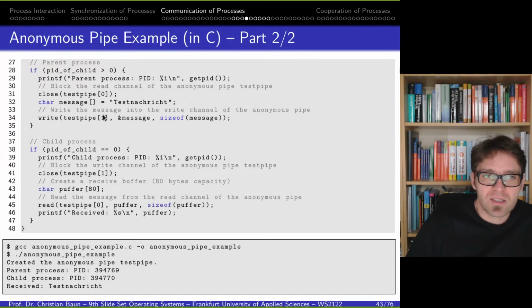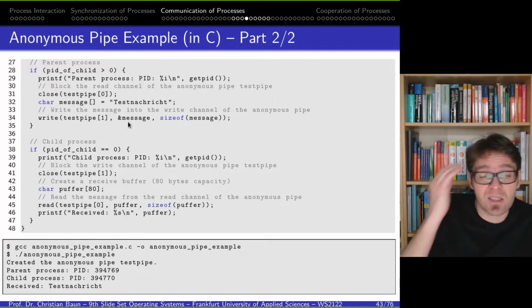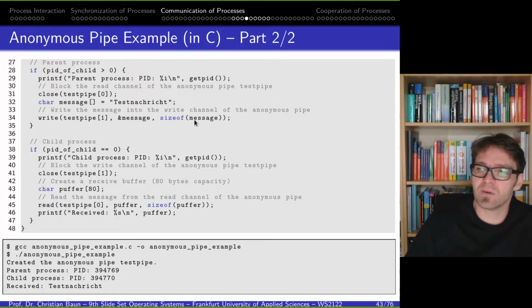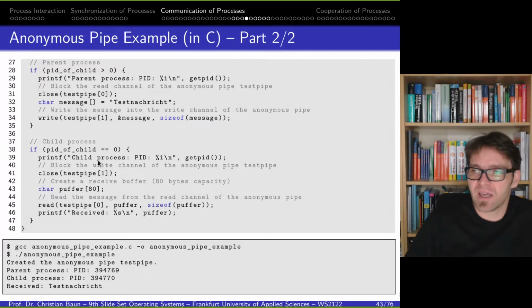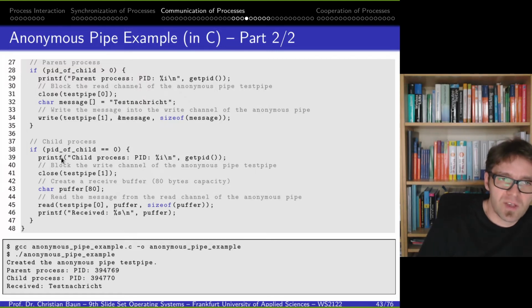So with write here we specify the write channel, we specify what we want to place inside here, a pointer to the message variable here, and we need to specify the length, and so we calculate it on the fly with sizeof. Here we have the child process between line 38 and 47. It's specified again by the return value of fork. So now we are here in the child process,